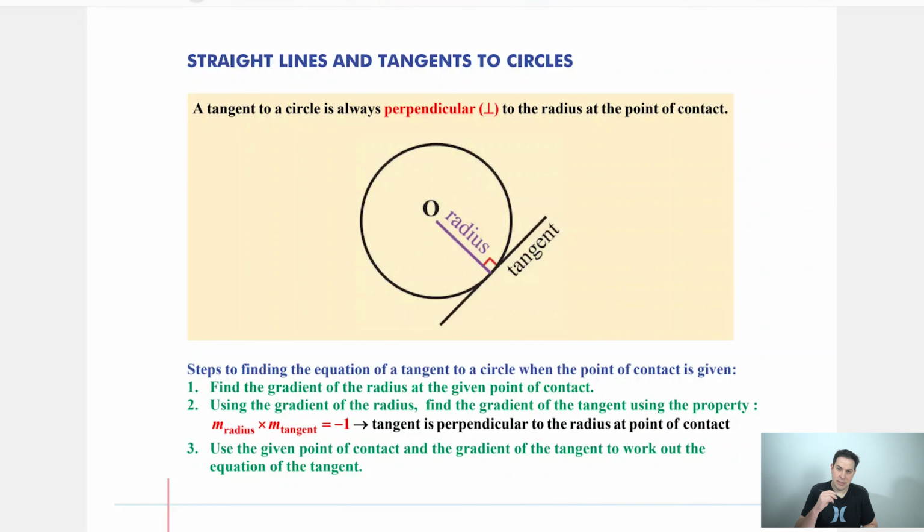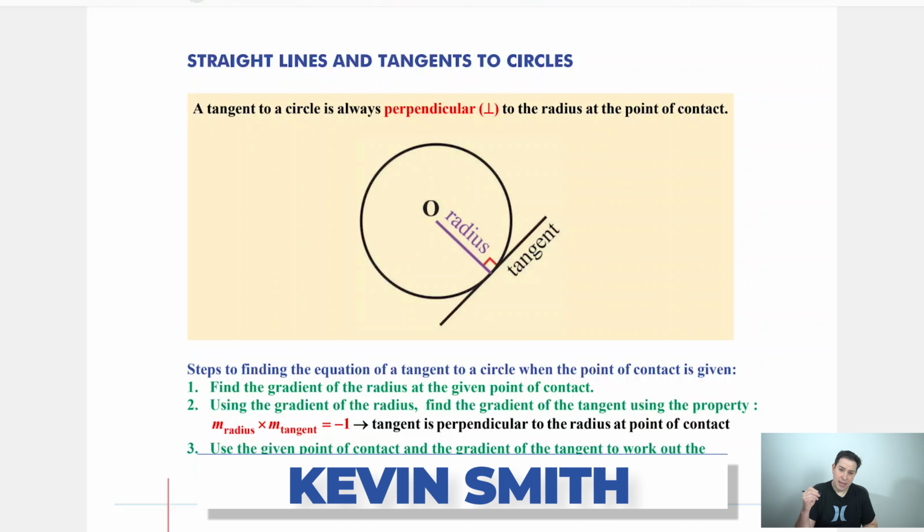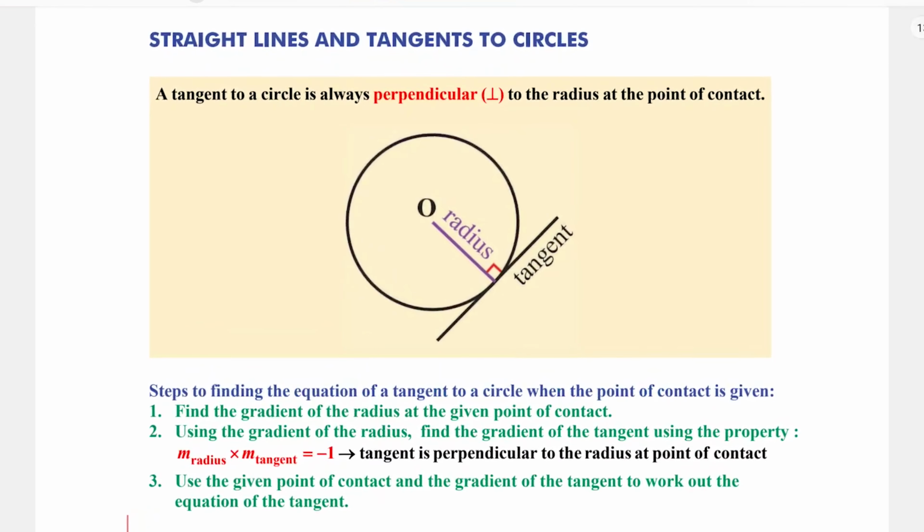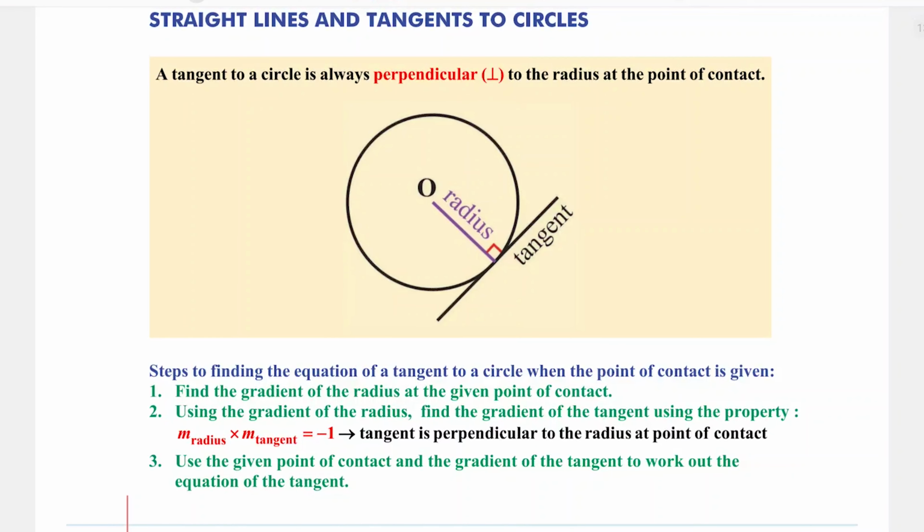In this video, we'll be looking at straight lines and tangents to circles. This can all be found on page 216 of the Grade 12 Maths Handbook and Study Guide. So, we're going to be using a little bit of Grade 11 Euclidean geometry for this. And what we need to remember is that a tangent to a circle is always perpendicular to the radius at the